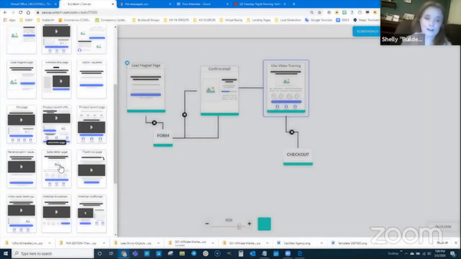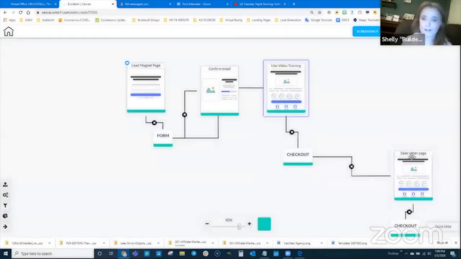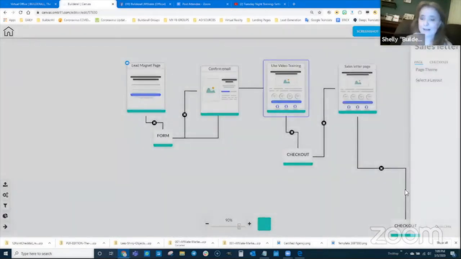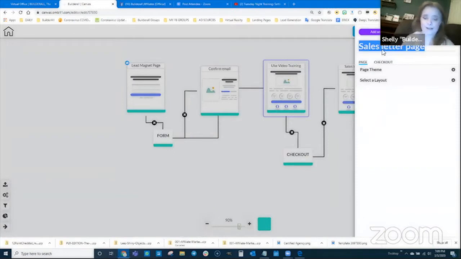And I'm going to choose a sales page again. So sales page. And there's a checkout for this one too, but we'll put this on uke